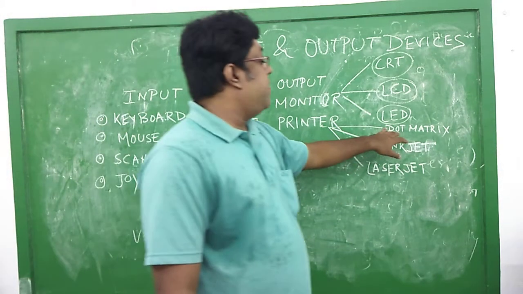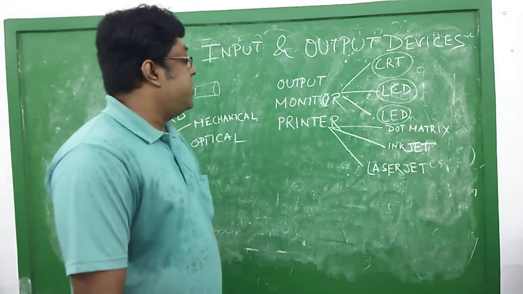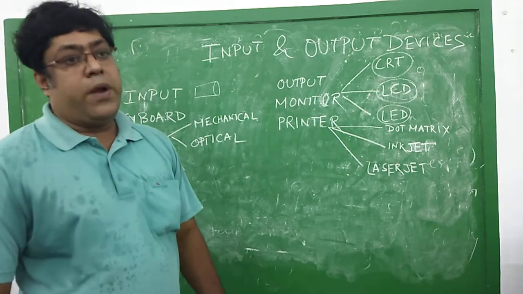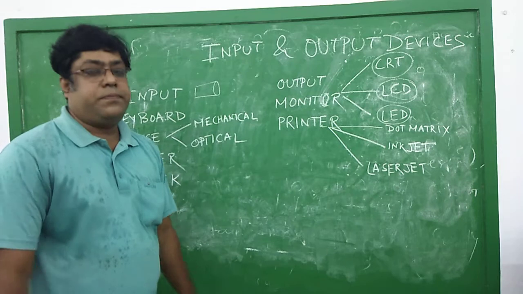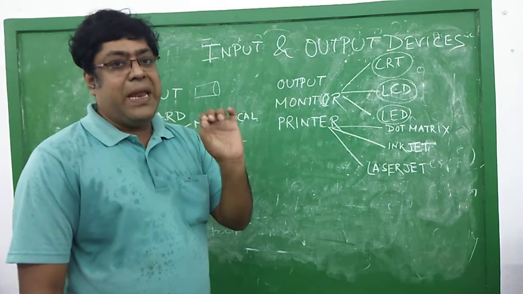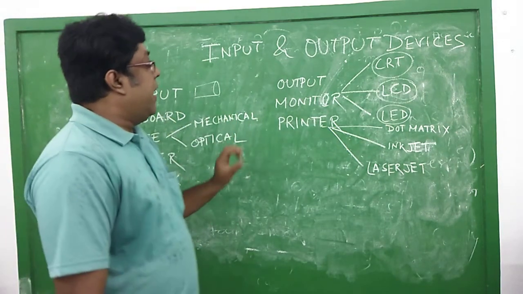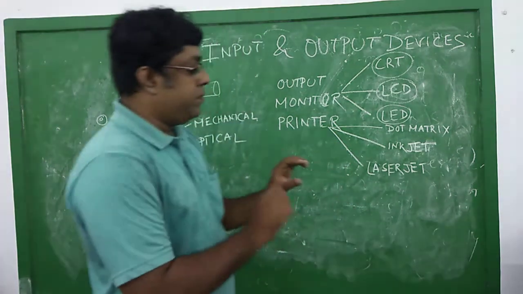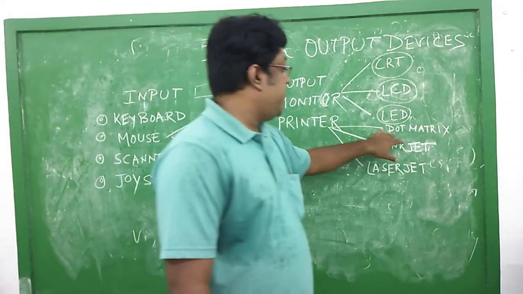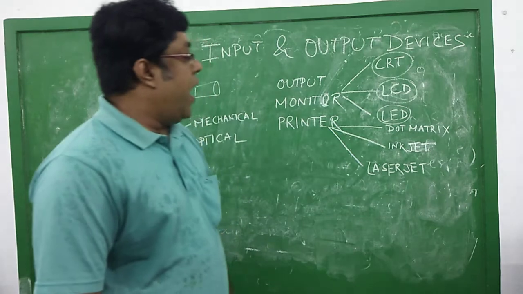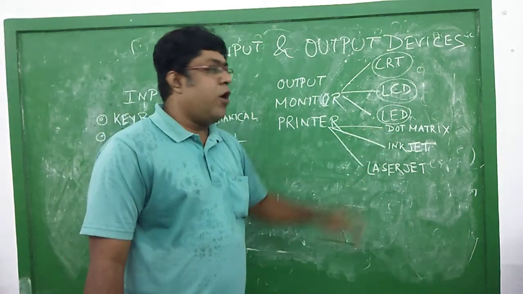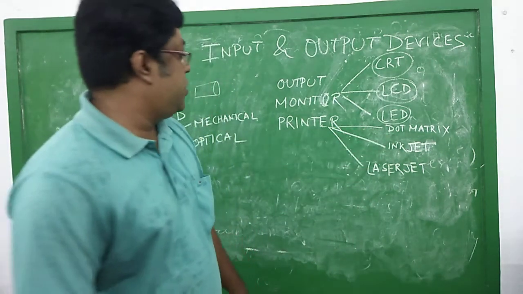This is quite similar to the typewriting machine. It creates a dot onto the paper, with one ribbon over there and one printer head. Small pin-like hammers are found over there, and they create an impression onto the page. It creates the dots, and dots create the impression, and we are getting the output in the form of dots.